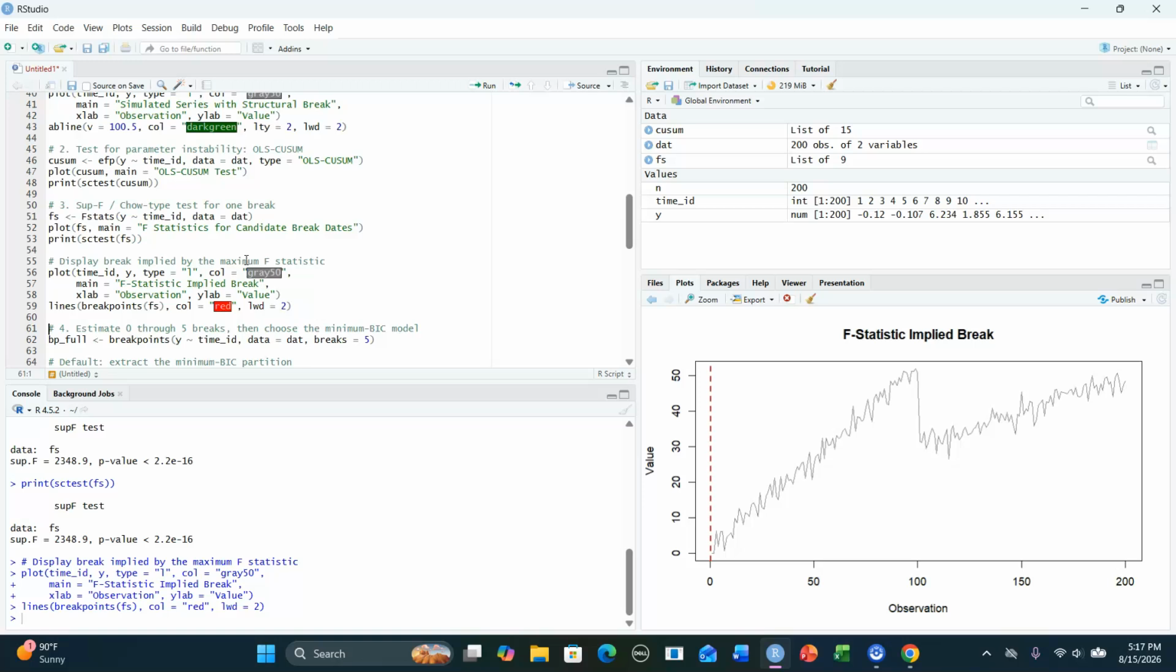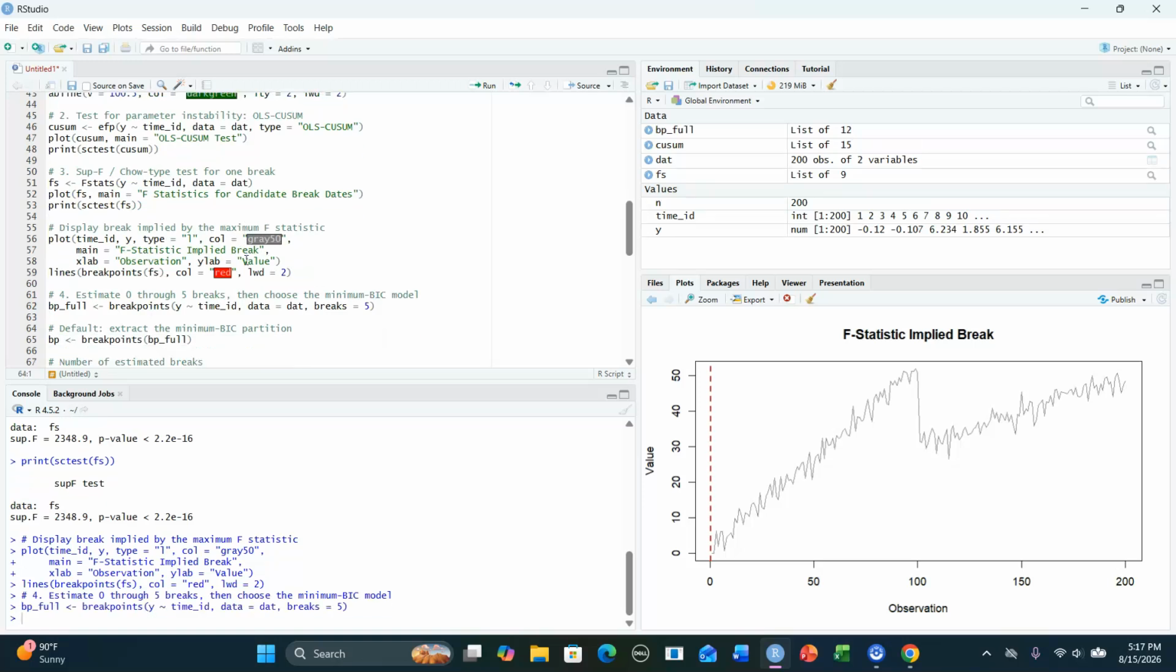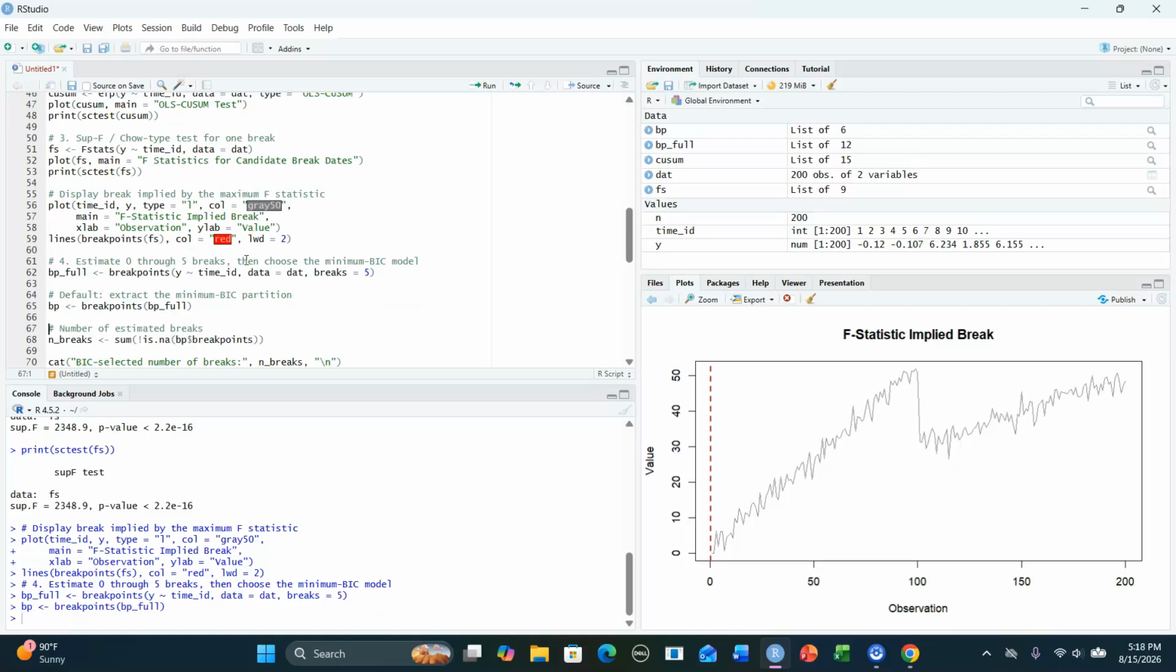Okay, so you can use the function breakpoints, Y tier the time ID, data to the dat, and breaks equal to 5. Okay, so say you're gonna try breakpoints from 0, 1, 2, 3, 4 to 5, and then you put them into BP4. The default is to extract the minimum BIC partition, so you extract the breakpoints from the BP4, and then you extract some of the estimated breaks,